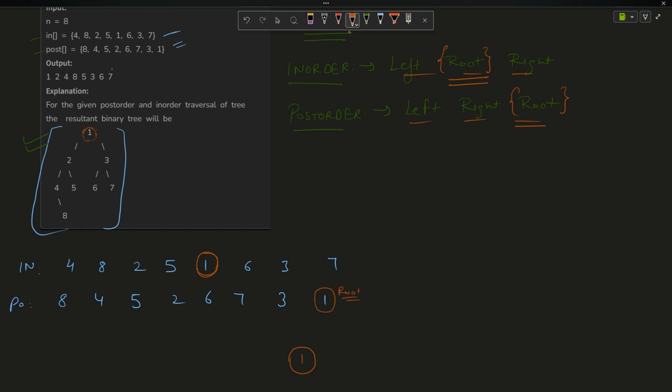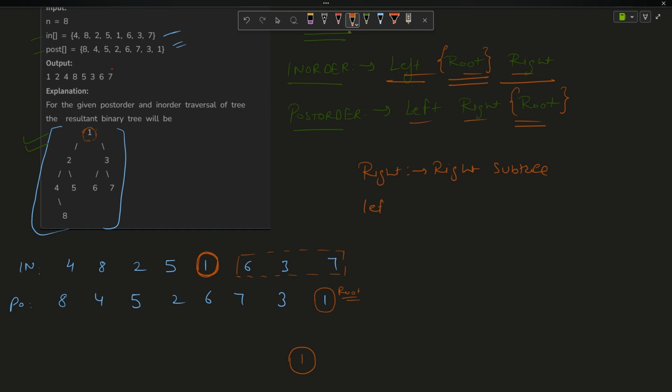I found the 1 in the in-order traversal, and this one I got from the last element of the post-order traversal. Now the root says on the left side I have my left subtree, on the right side I have my right subtree. That means on the right side of this 1 I actually have the right subtree of 1. I am saying on right side right subtree,